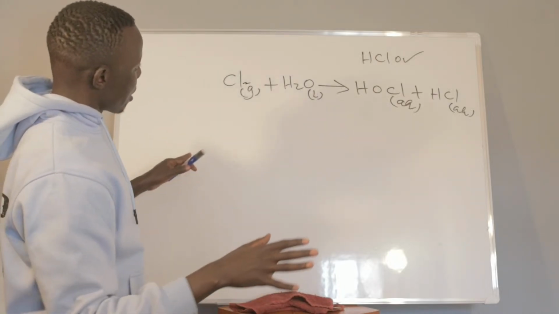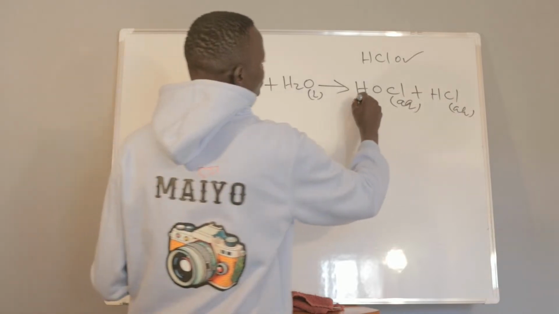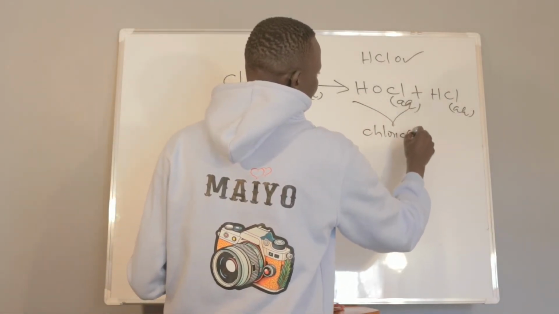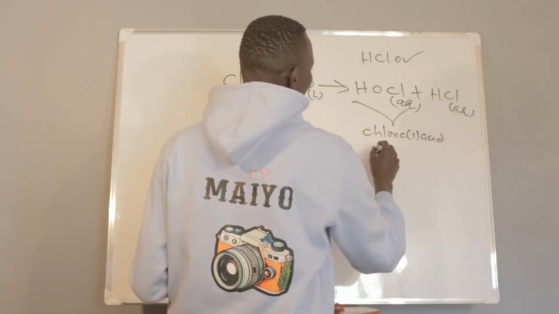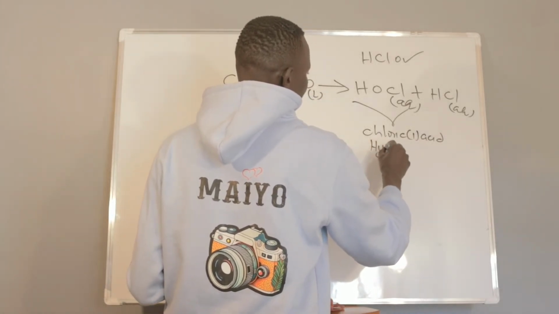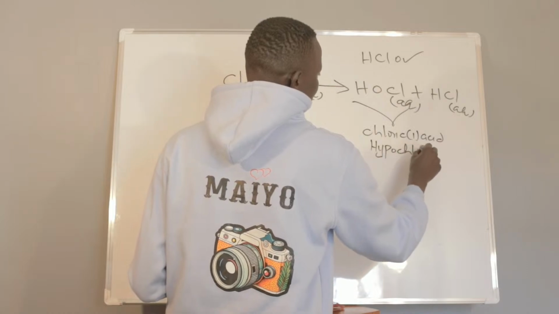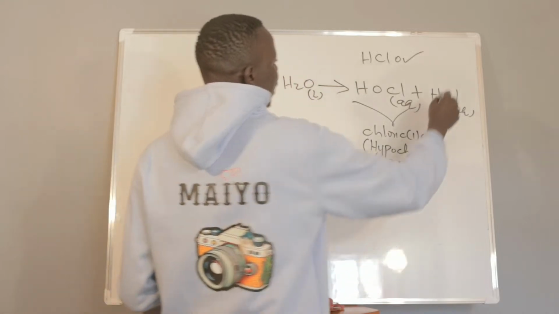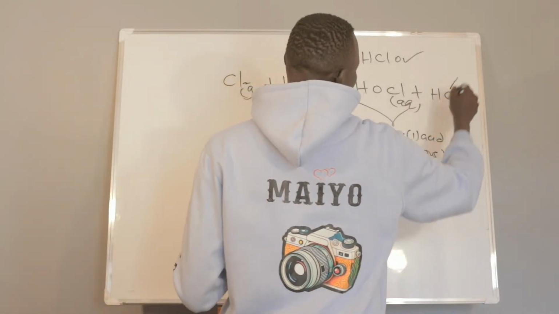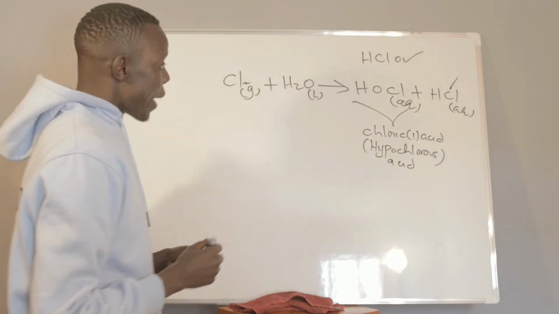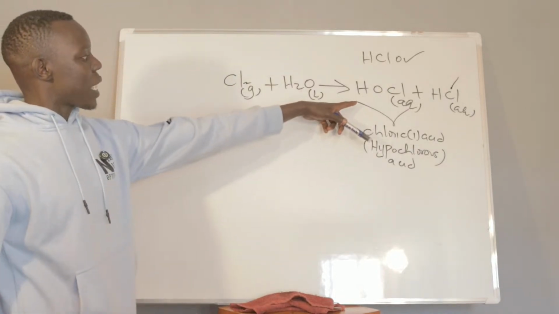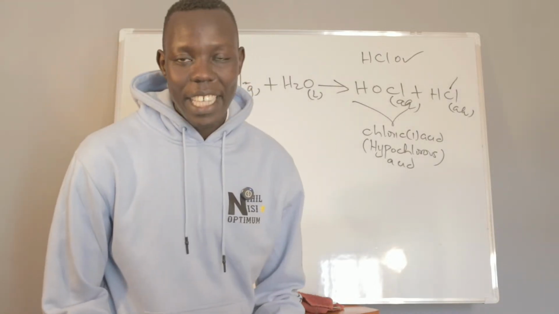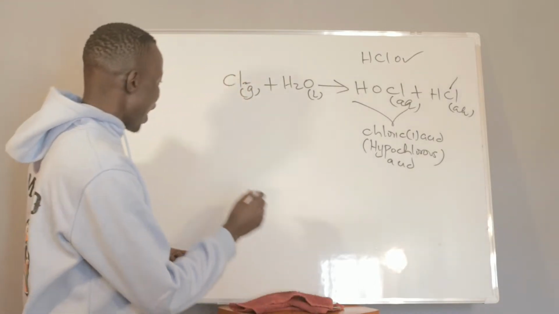So this one is called chloric one acid, or some people will call it hypochlorous acid. And this one is hydrochloric acid, which you know. Now, this hypochlorous acid or chloric one acid is a bleaching agent. It acts as a bleaching agent. Now, HOCl,